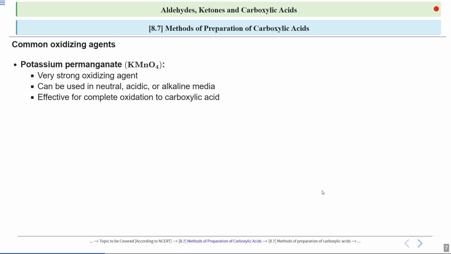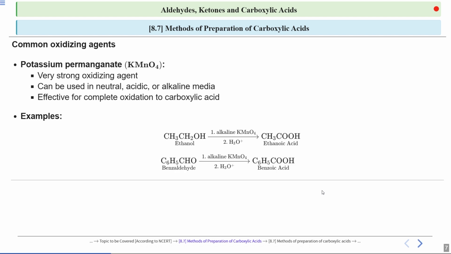One of the key features of potassium permanganate is its ability to completely oxidize alcohols to carboxylic acid. If you look at this particular example, you have ethanol, which is an alcohol. It is oxidized to ethanoic acid, which is a carboxylic acid, using alkaline KMnO4, followed by acidification. So you will get finally a carboxylic acid, which is